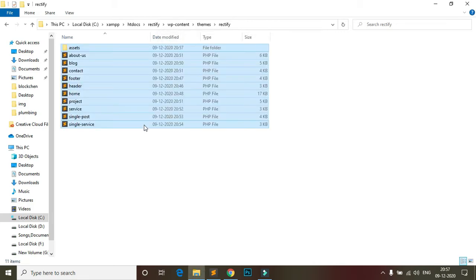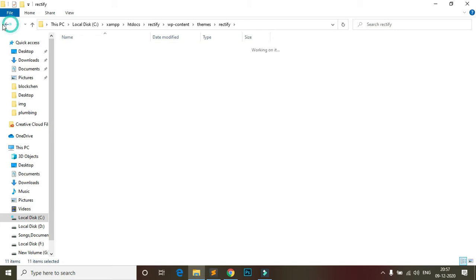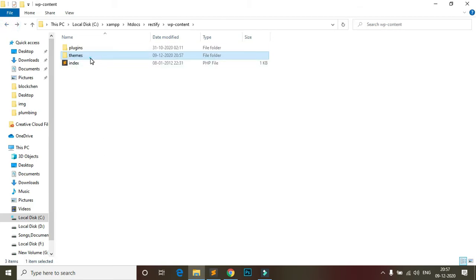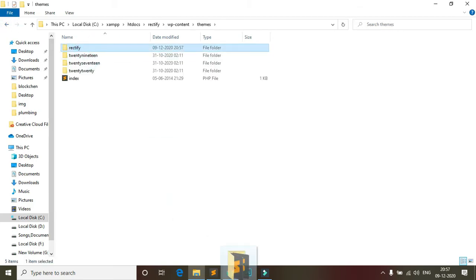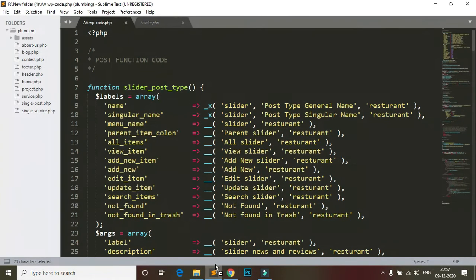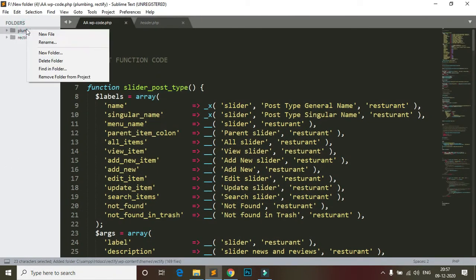You can see in C drive, Jam, htdocs, rectify, wp-content, themes, and rectify. So this is my file. I open this file in a text editor and remove this one.